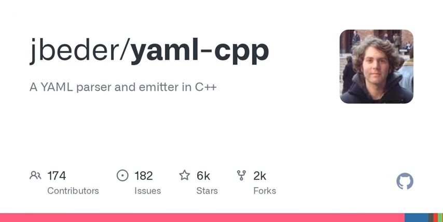The command looks like: mkdir build, cd build, cmake, optional generator, optional shared library flag. The generator option lets you choose which build system you want to use. If you run the command without any arguments, it will list all available generators. On Windows, you could use the Visual Studio 2013 32-bit generator or the Visual Studio 2015 64-bit generator. On Mac OS, you can use Xcode. On Linux or other Unix-like systems, simply omit the generator option to generate